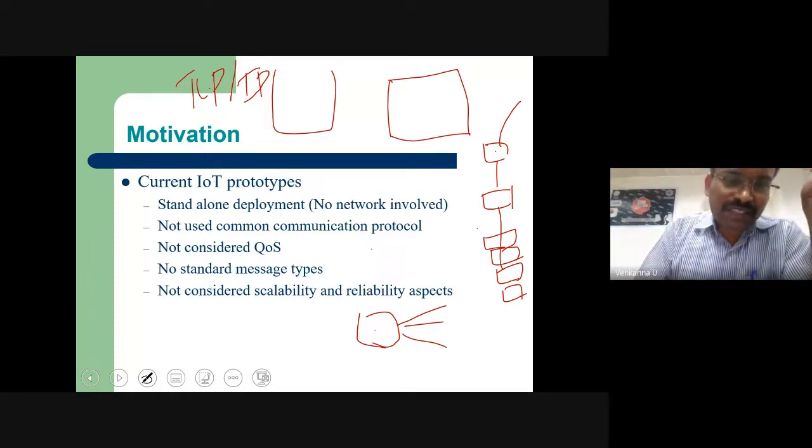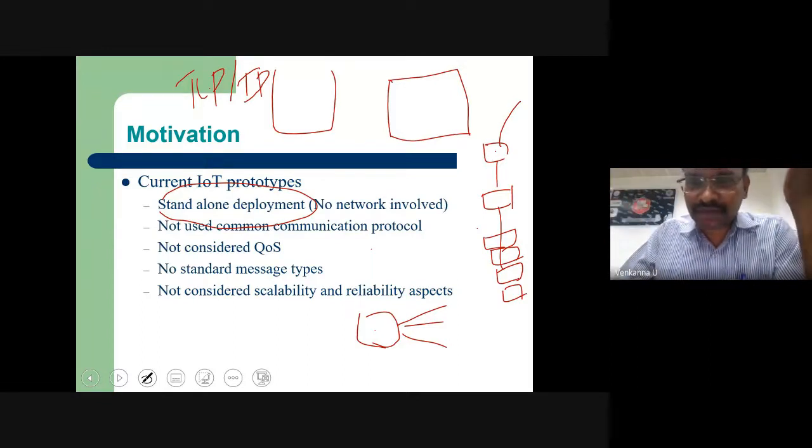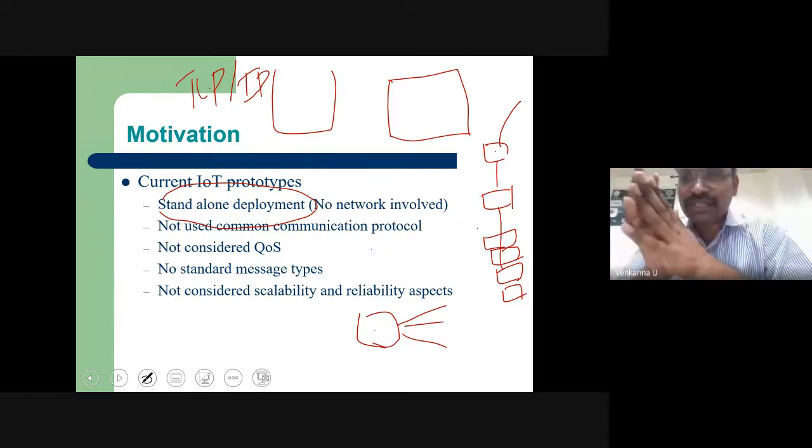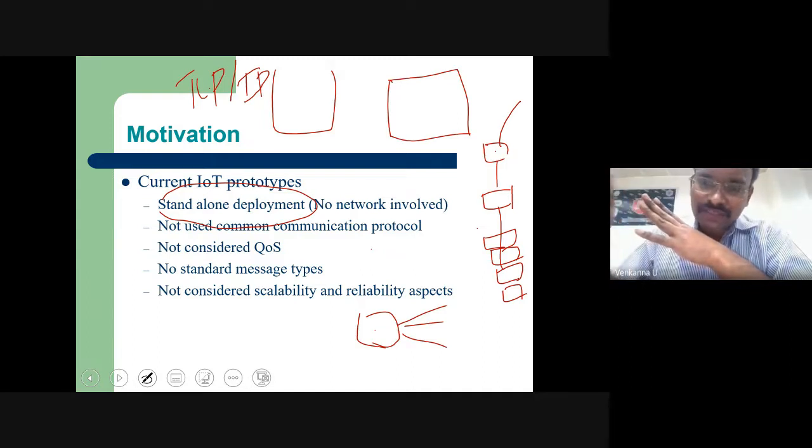These current IoT prototypes are standalone deployments, in the sense that there is no network. Please do remember, in your lab where you are sitting, you have 60 computers connected in a network. On the other side, if you go to another lab, their 60 computers are connected in a network. Now these two networks are connected through one switch. Then that switch is connected to a router. From there, outside communication is happening. This is there in the internet. That happened after the internet evolved over so many years. We are in a similar situation in the IoT era.